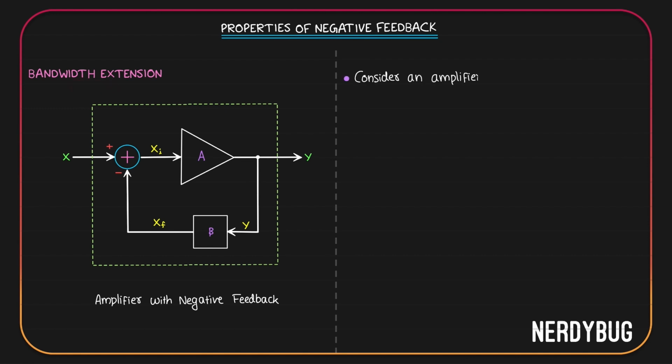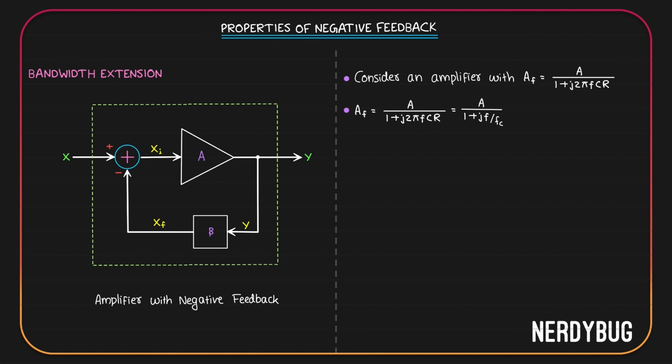For that, let us take an amplifier whose gain as a function of frequency is given by A by 1 plus j 2 pi f RC. We have already dealt with amplifiers like this. We had figured out that 2 pi RC would be reciprocal of its cutoff frequency, which means gain as a function of frequency can be written as A by 1 plus j f by Fc, Fc being 1 by 2 pi RC.